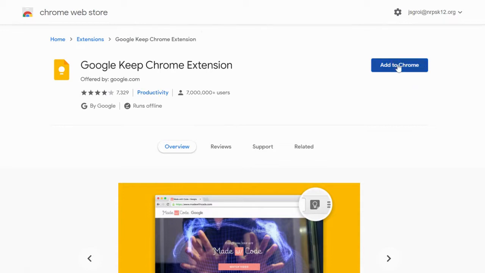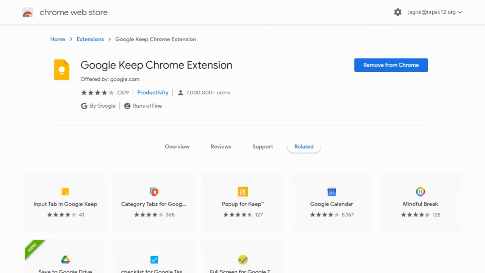And then click on the blue button that says Add to Chrome. And again, you want to add the extension. And then once it's been successfully added, it's going to show up here under your extensions bar and tell you that it has been added to Chrome. So I'm just going to go up here and pin it to my extensions